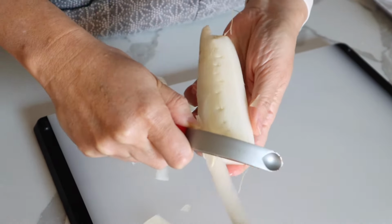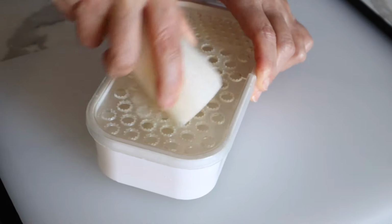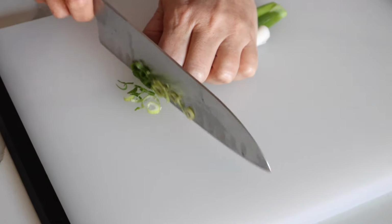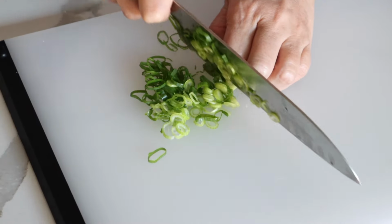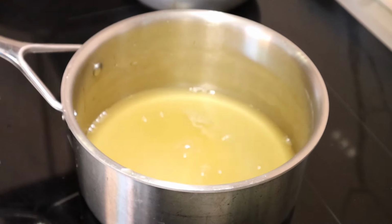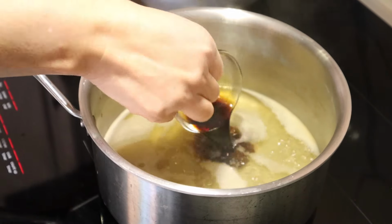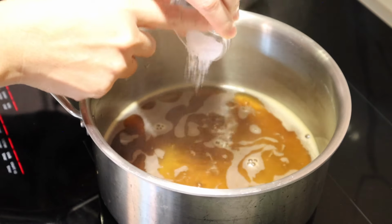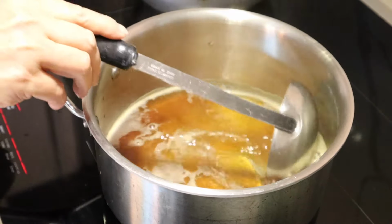Meanwhile, we prepare the toppings. Peel and finely grate the daikon radish and thinly slice the green onion, then set both aside. Next, we prepare the soup. Combine dashi broth, soy sauce, sake, mirin, and salt, and bring to a boil for a couple of minutes and